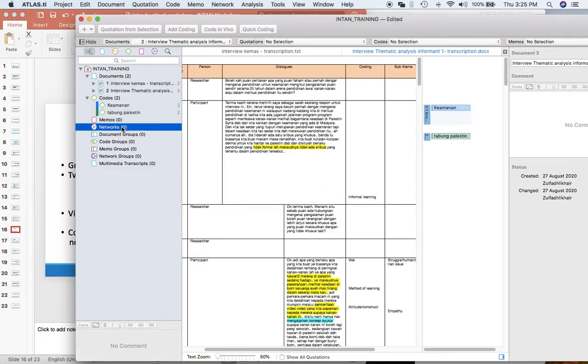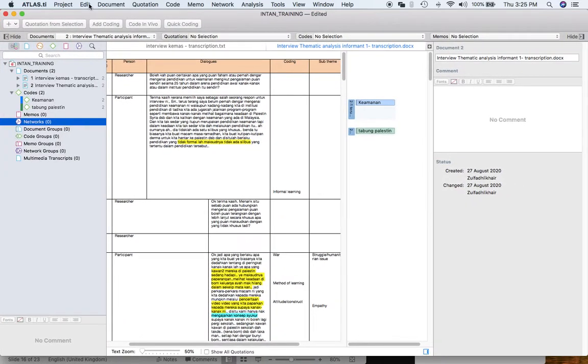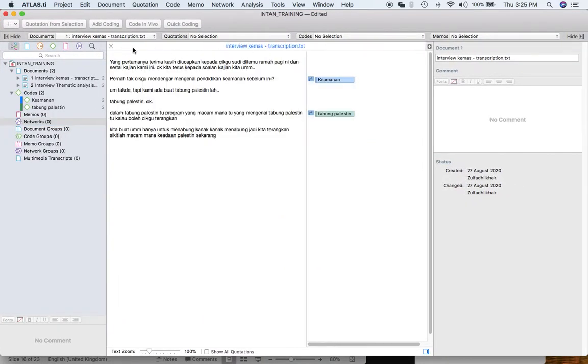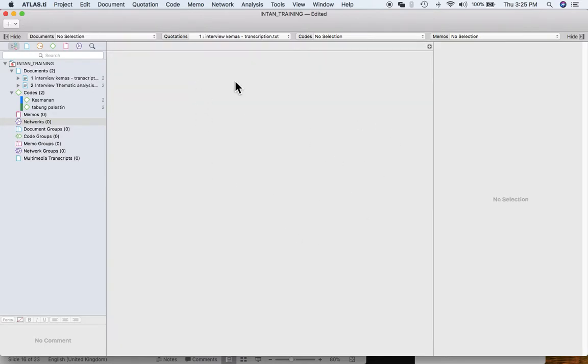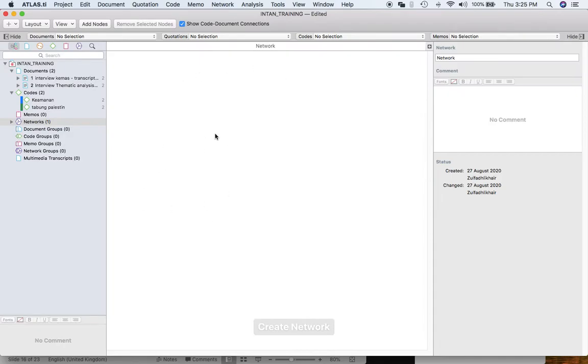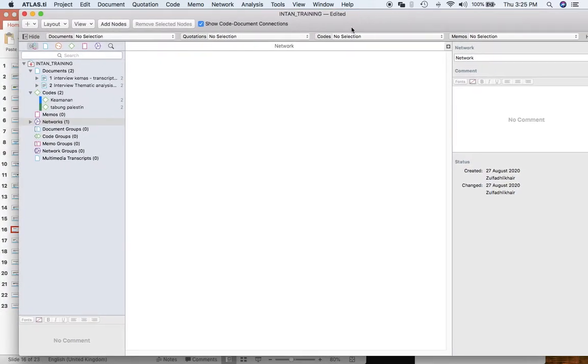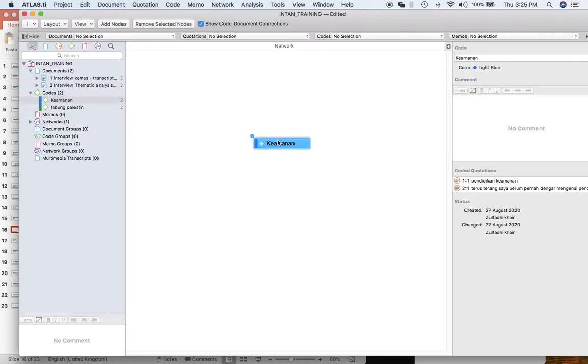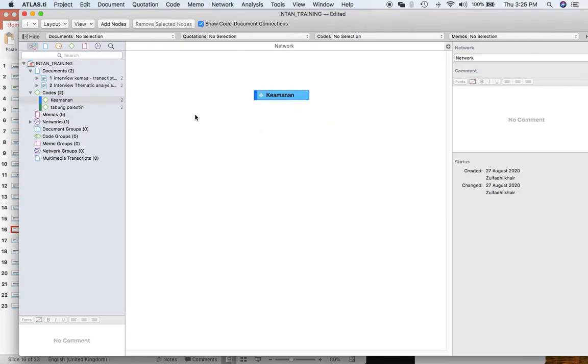Okay, so this is network. Let's say we just cancel this. Okay, you have a clean surface here. From the network, choose network, new network. Here is where you make connection between your coding and your data. So let's say for example keamanan, code keamanan. You drag and drop the keamanan, and then